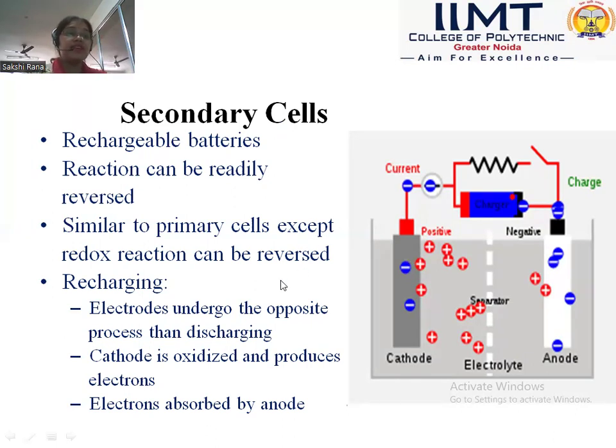Similar to primary cells, except redox reaction can be reversed. It looks like a primary cell, and it is similar to the primary cell, but it's different because its reaction can be reversed. That's why it can be charged। Recharging electrodes undergo the opposite process than discharging। Recharging क्या होती है, जो opposite process to the discharging।